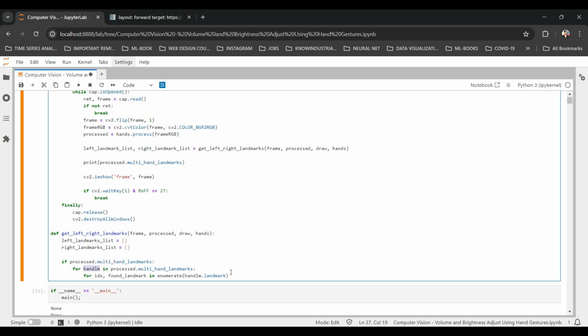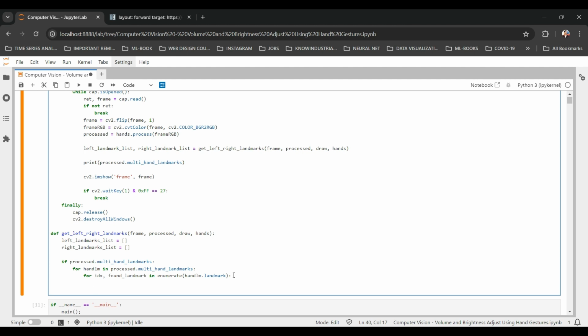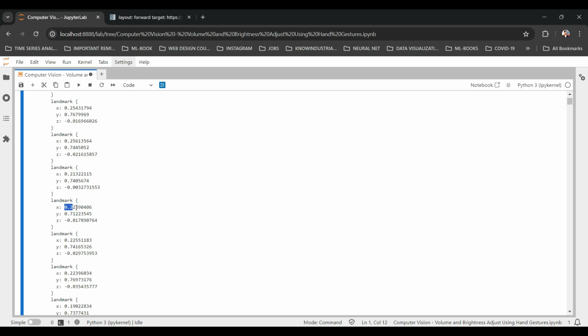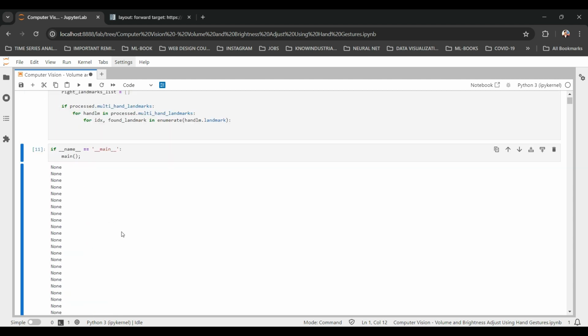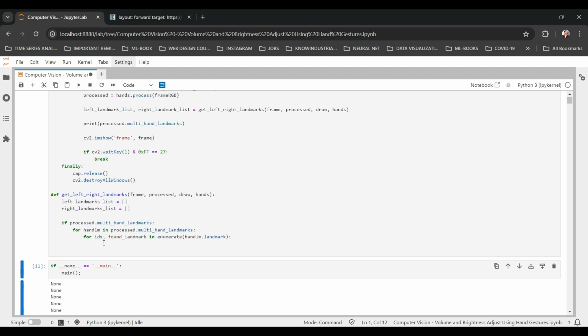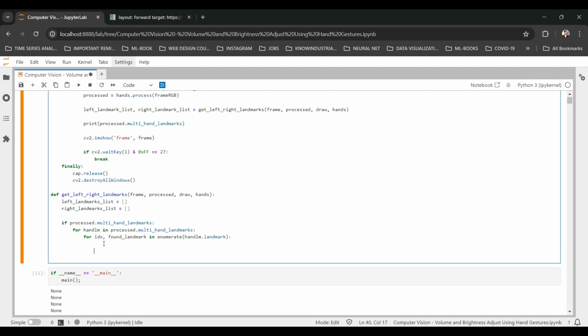Okay, and handle m will be either left or right hand. So we will loop through all the landmarks in either hand. Now, the problem we have mentioned before is that the xy coordinates range between values 0 and 1. So in order to get the actual xy coordinate, we need to multiply this with the actual width and height of the image. Only then will we be able to get the actual x and y coordinate